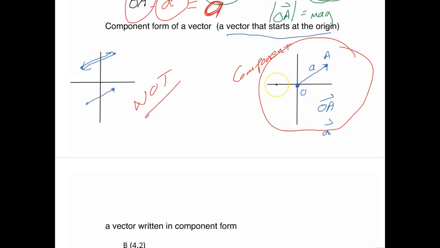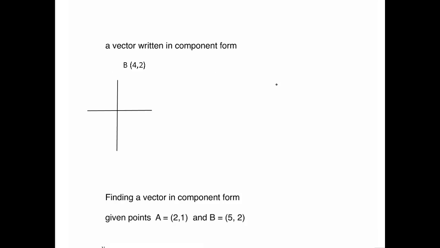Now let's talk about how to write a vector in component form. So here's the point I give you: 4, 2. Alright, so let's draw it out. So there's point B, 4, 2. Now remember, if I wanted component form, that means I'm going from the origin to that point right there. So I'm going from OB, right? From O right there, the origin, which is also known as the initial point,